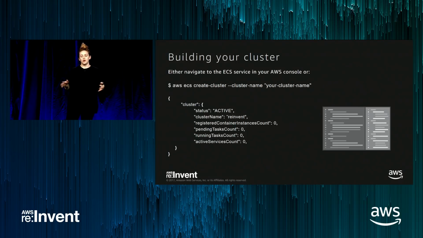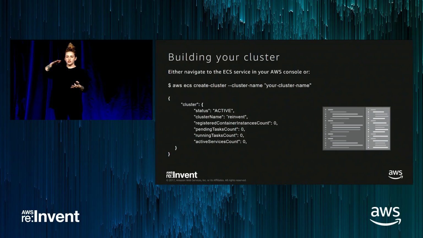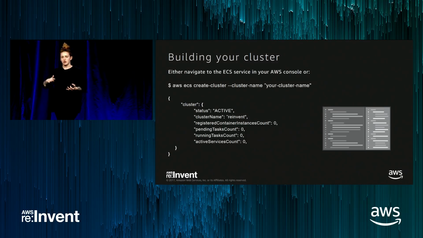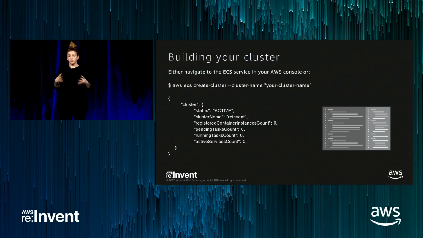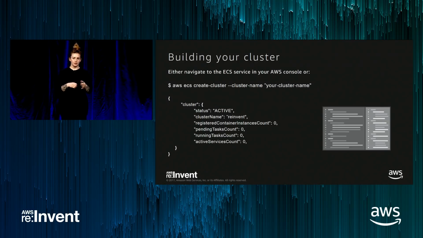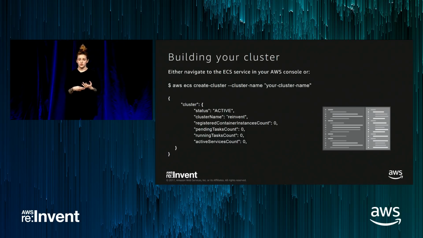So how do I create a cluster? There's a very specific set of instructions here on this one, right? The way that I did this when I was getting started is I poked around with Docker. So I figured out how to build and run my Docker containers, and I did that locally. And then I can't really run ECS locally, so I did all of my Docker research first. And then I went back up to AWS, and I was poking around the ECS console, trying to figure out